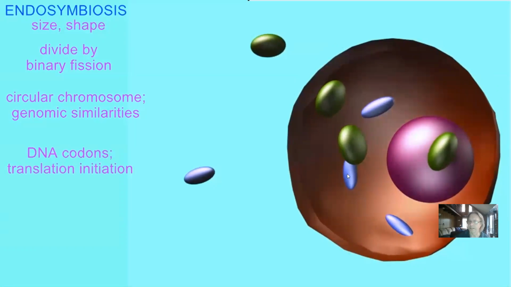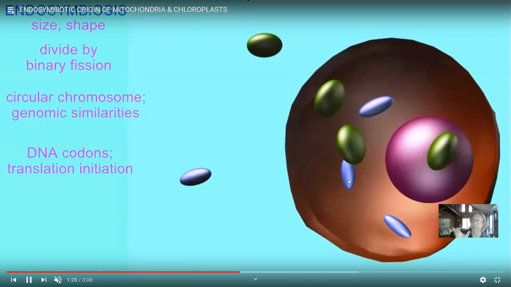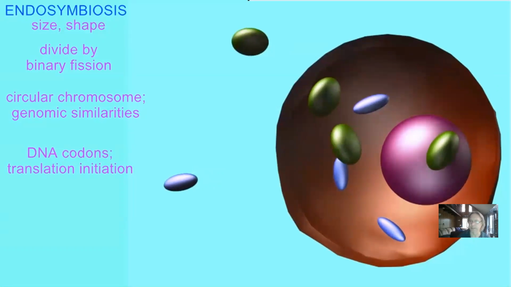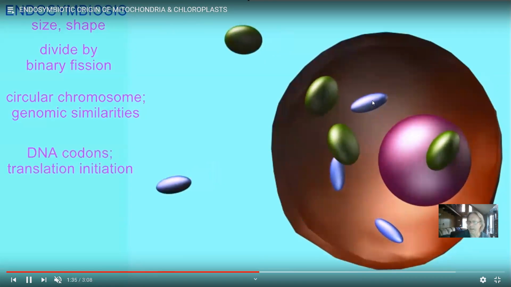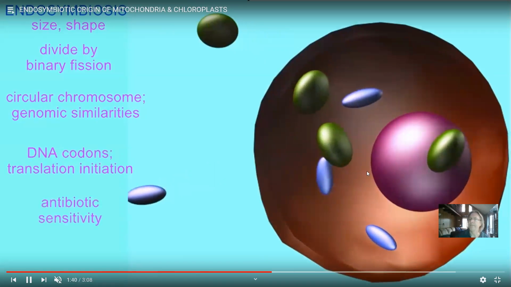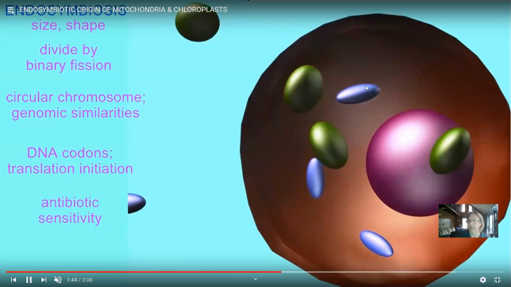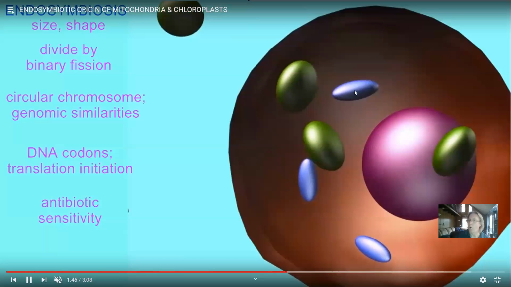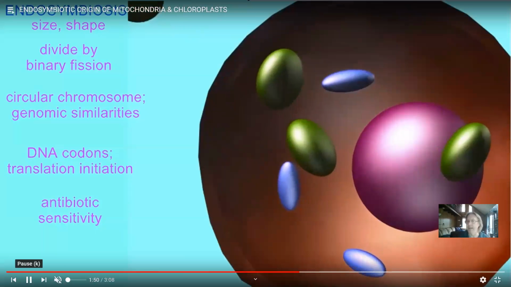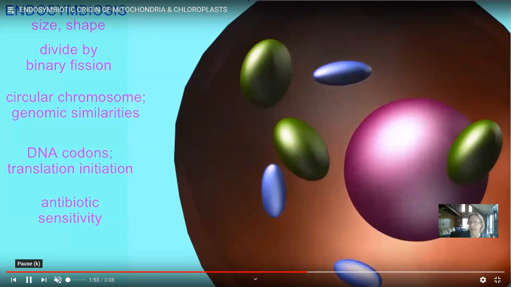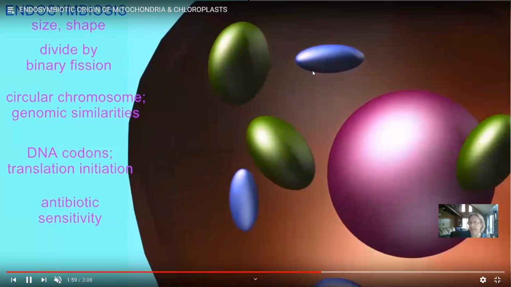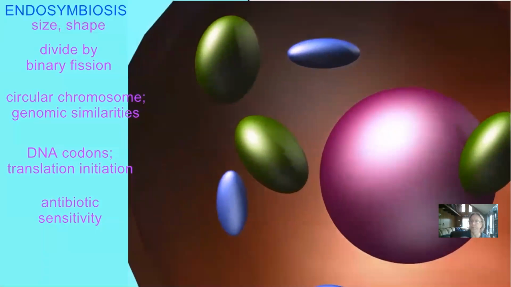If you were to look at the codons which are used, like this 3-nucleotide codon codes for this amino acid, or a stop codon, or how translation is started, mitochondria do it the way that bacteria do, not the way that the rest of your cell does. If you look at antibiotics, the antibiotics that affect bacteria also affect mitochondria. That's why antibiotics in high doses are toxic to any of us. If you're allergic to an antibiotic like penicillin, it's typically because your mitochondria are variant and look a little bit more like bacteria than most people's